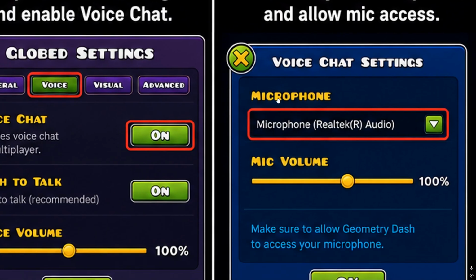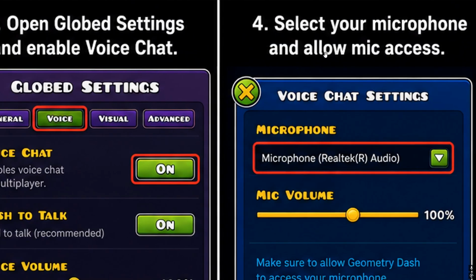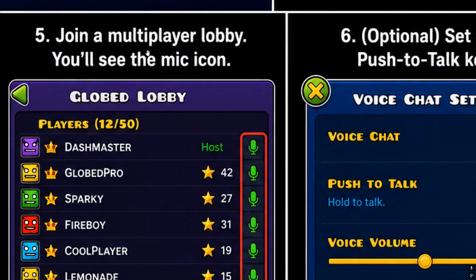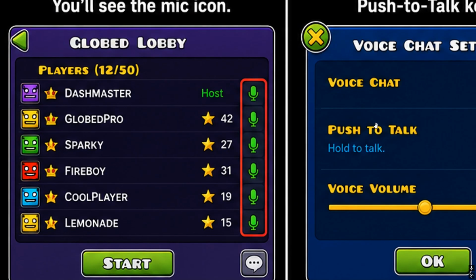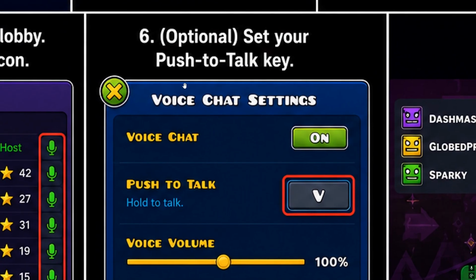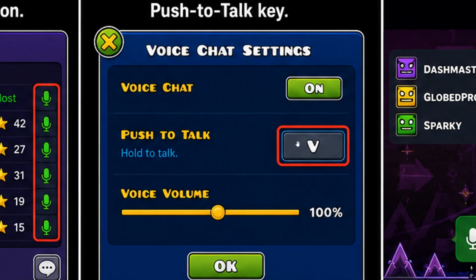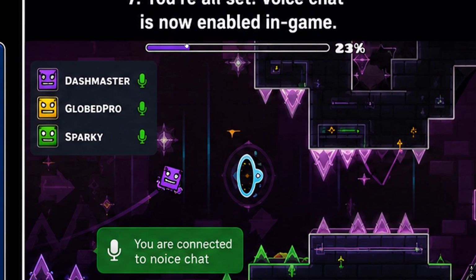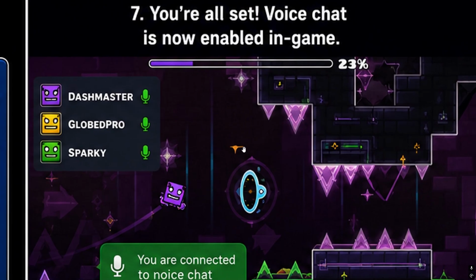And after that, just simply select your microphone and allow access, and then press OK. Right after that, what you have to do is join a multiplayer lobby. You'll see the mic icon right over here, which basically indicates that you can join the voice chat, and just simply press start. Right after that, it's optional. You can set your push to talk key, so if you want that you can do it. And after that, you're all set. Voice chat is now enabled and you can talk to